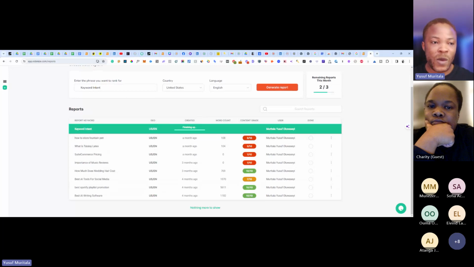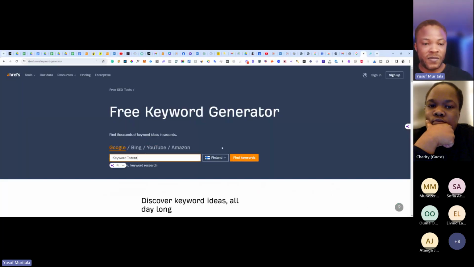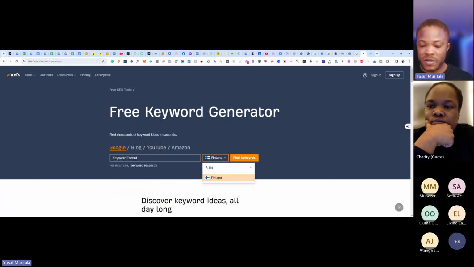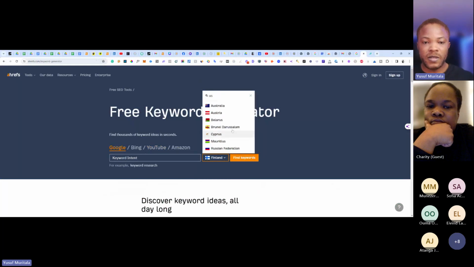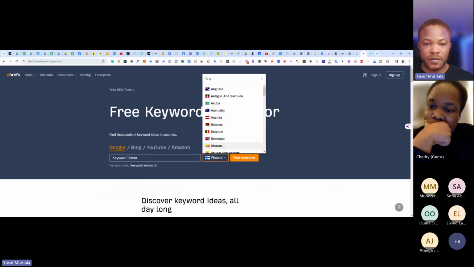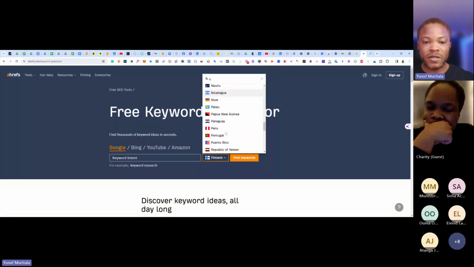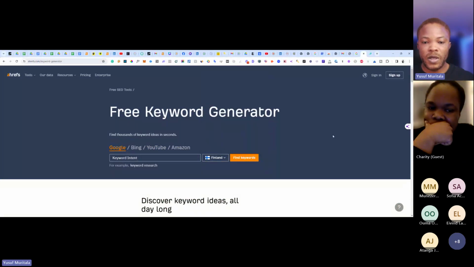So remember, we are using the word keyword intent. I'm very sure it's a very competitive keyword. We can just use US. So we just wait for that to finish up.